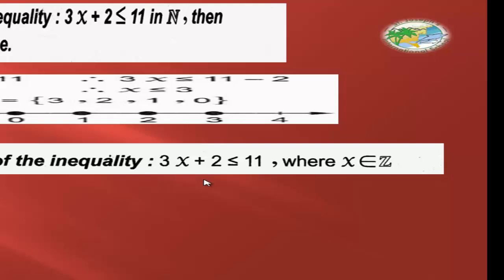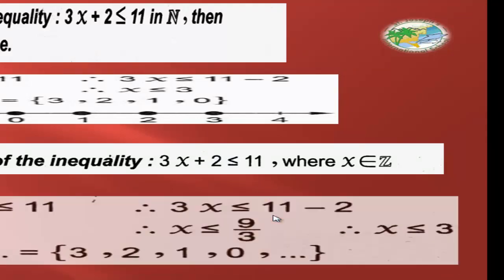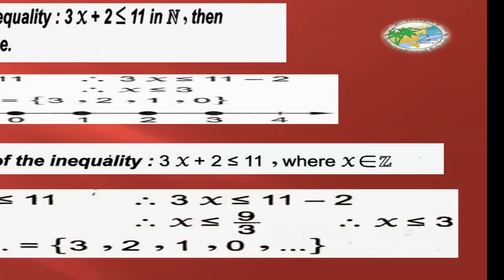Fine, that's enough. Number 2, go to opposite side and opposite sign. So 3x less than or equal 9. 11 minus 2 equal 9. Find the value of x. Divide by 3 in both sides. Then x less than or equal